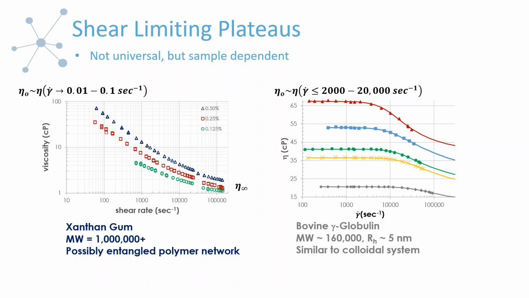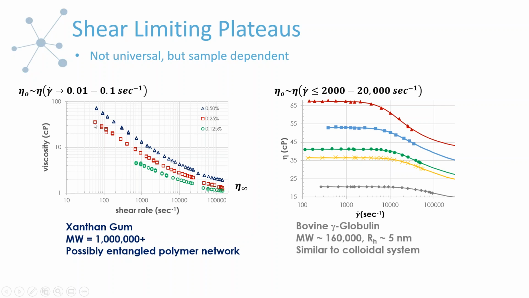It depends basically on the time scale of events that is occurring on the microscopic level. So if we think about it for these proteins, we had talked a moment ago about the importance of Brownian motion acting to contribute to the existence of this plateau. And so if you have either primary proteins or aggregates of different size scales, then the diffusion of those will change with size. So larger objects will diffuse more slowly, and you'll see shear thinning earlier, like we do in the red curve. Smaller objects will diffuse more quickly, and shear thinning onset will be later, as we see with this gray curve.